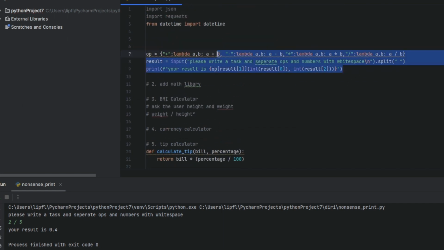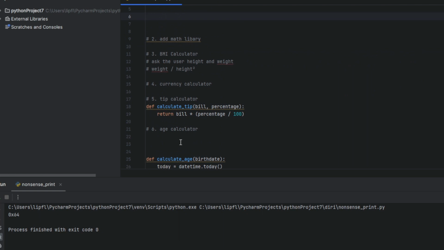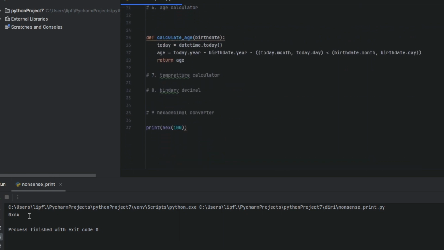Without the code here, we're getting, for example, 100 in hexadecimal is 64, because you're calculating 6 multiplied by 16 plus 4, which is 100. One of my other favorites is a retirement calculator,